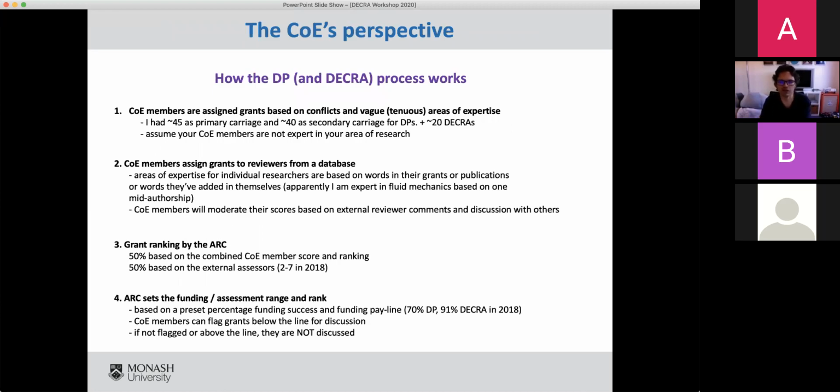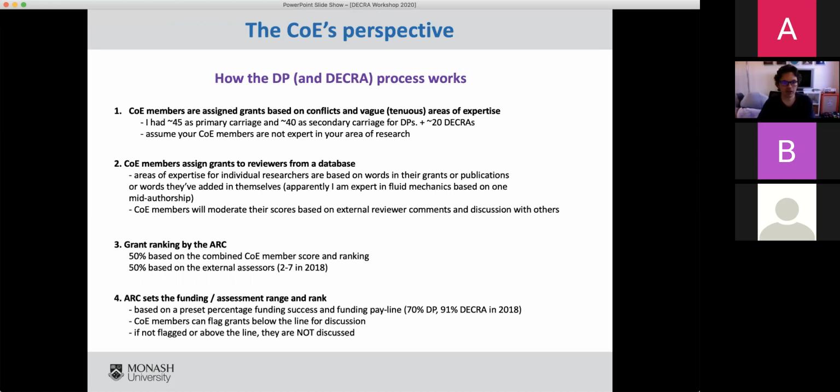Okay, so this is a College of Experts perspective. This was written by Moira O'Brien, who's the head of biological sciences and a member of the College of Experts. I told you what the ARC say for how the process works. This is how Moira experienced the process from the other side. In previous years, I've asked Moira to come to these sessions. Obviously, it's a bit more difficult now, and it worked really well the time when she came, because she was basically Hurricane Moira and explained all of the things that she had to do as part of the DECRA process, and then had to leave and go to another meeting. It was a perfect example of the life of a College of Experts member.